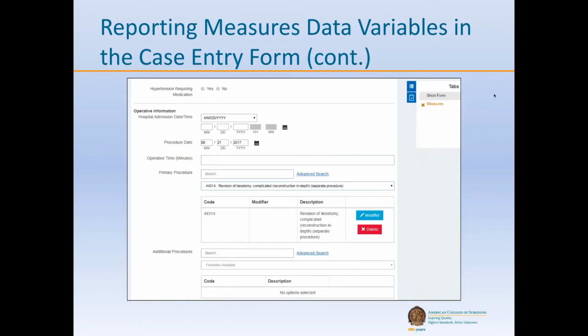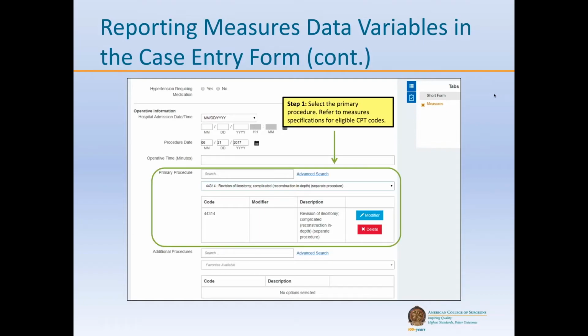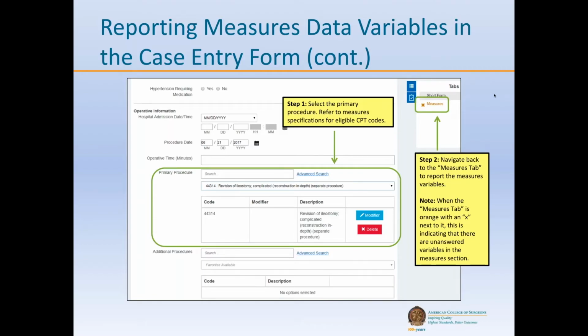Moving further down the case form as you scroll down, you will come across the operative information section. This is where you will select your primary procedure. Again, refer to the measure specifications for eligible CPT codes. Once you select a primary procedure that is eligible, navigate back to the Measures tab to report the measures variables